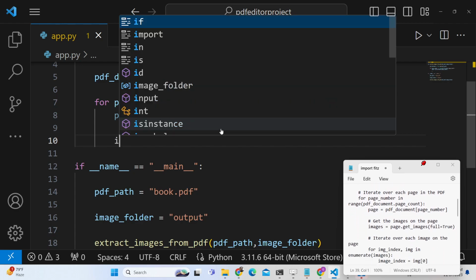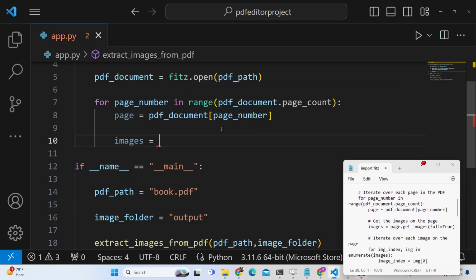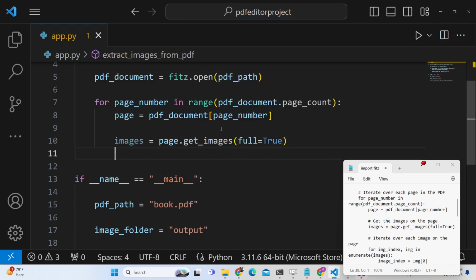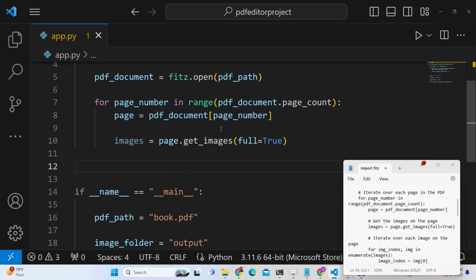So what we will do, we will extract the images from that particular page. page.getImages. This method will return any images present inside that page. So full is equal to true. This will find if any images are present. If images are present, guys, in that case,